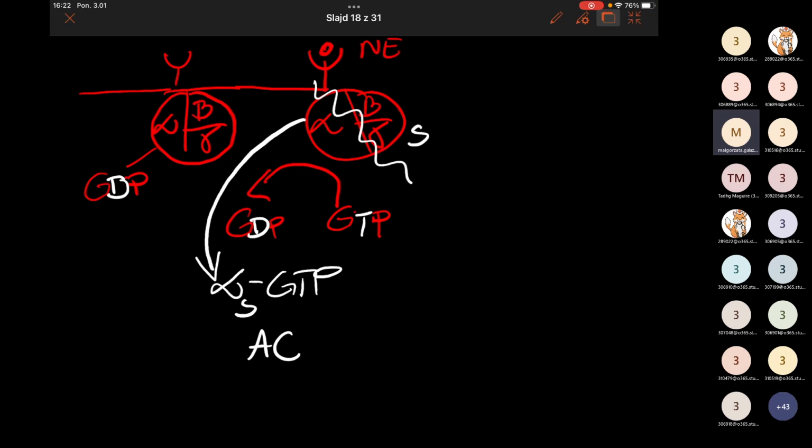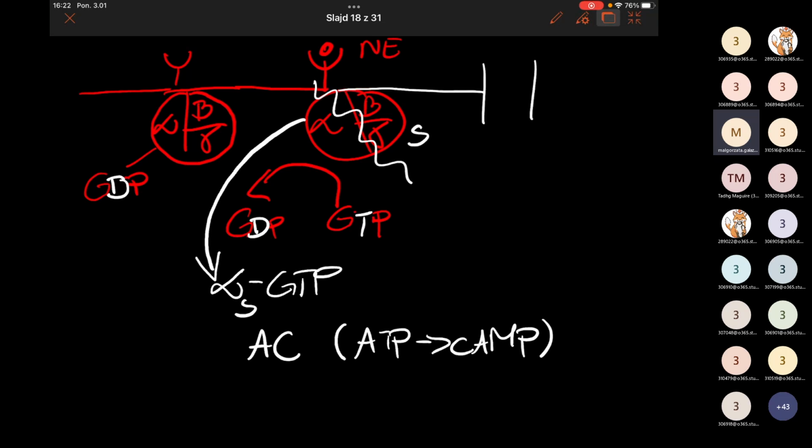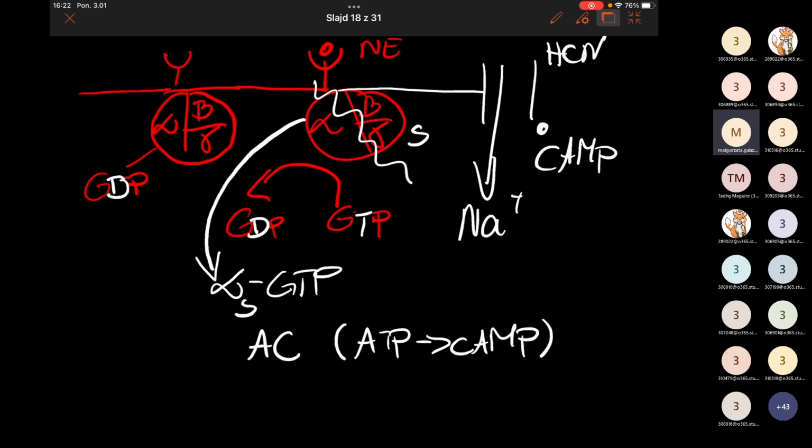An enzyme which converts ATP into cyclic AMP. Cyclic AMP is a cyclic nucleotide which can bind to funny channels. Because of that, funny channels open and we observe increased influx of sodium ions into the cell. Furthermore, the increased concentration of cyclic AMP,